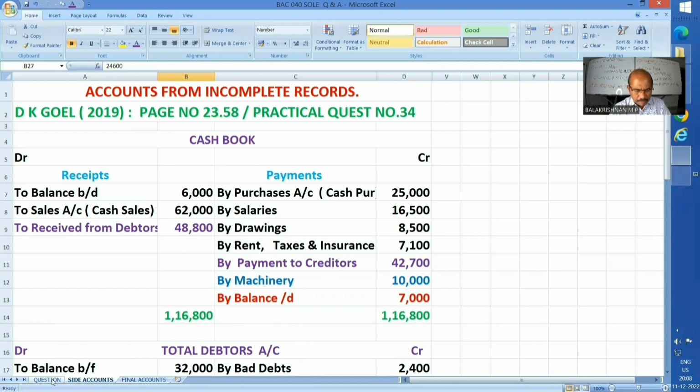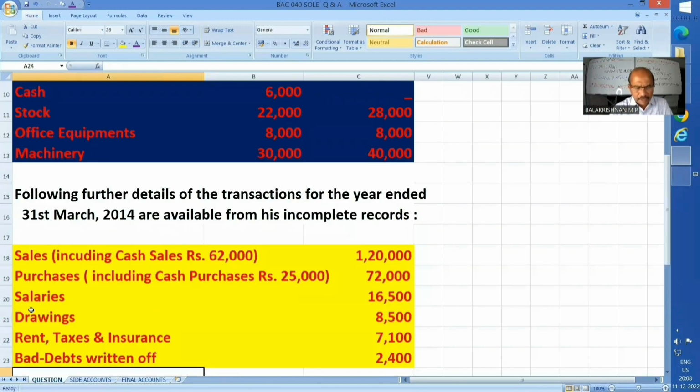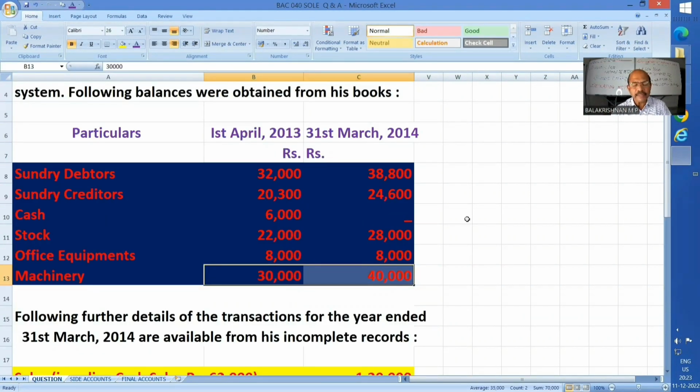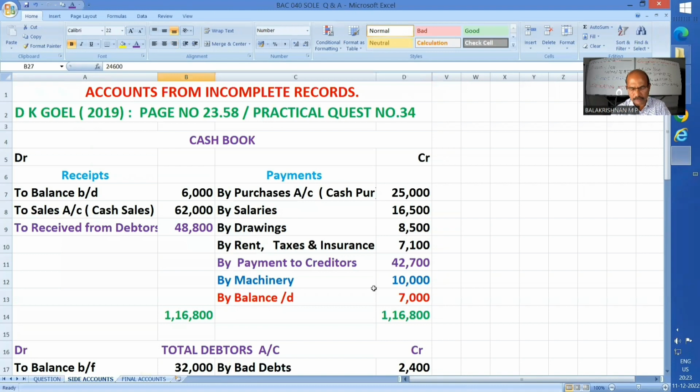My students, you should be vigilant with each and every fixed asset. Office equipment 8,000 at the beginning, year end also 8,000. Obviously, no purchase. Whereas machinery 30,000 has become 40,000. Naturally, we have purchased. Because had it come down, what would you have done? Let's say it was 28,000. You could have made two assumptions, unless they have mentioned something: one is depreciation, otherwise sale of the asset. Anyway, they'll guide you in that case. Here it is a clear purchase of 10,000. So there has been a payment of 10,000 for purchasing machinery. That also comes in the cash book, 10,000.